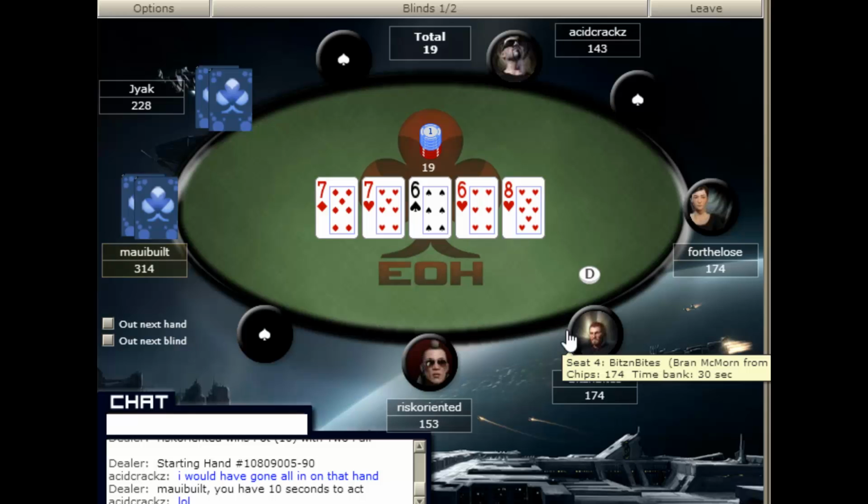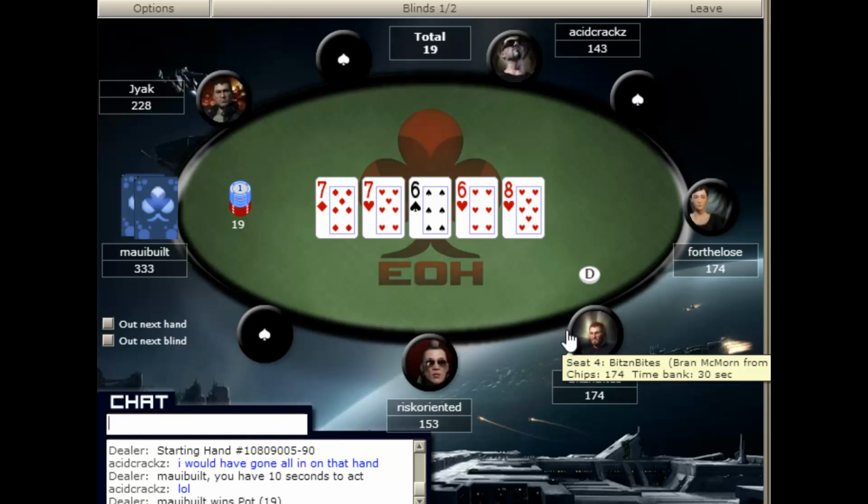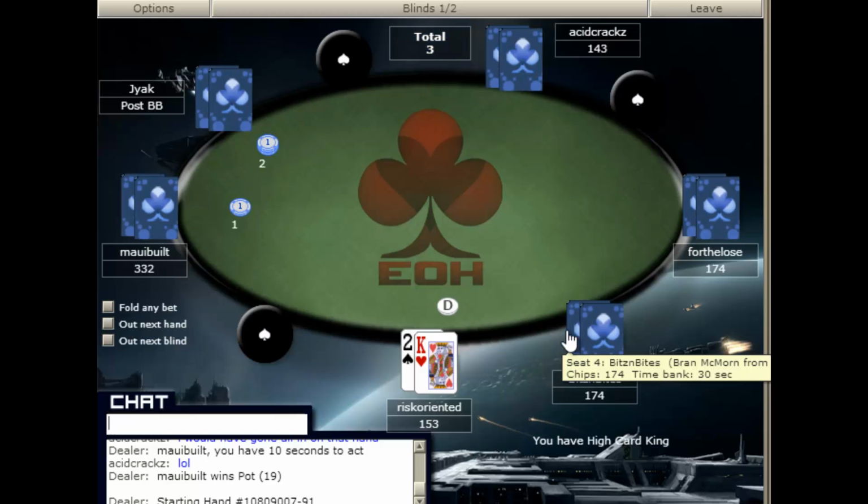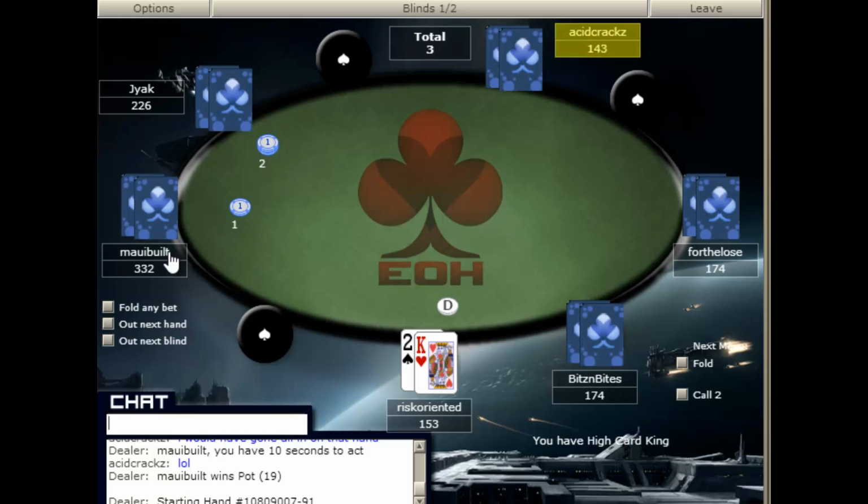In the blinds, you are going to be in the worst position, but you already have some money invested. So what this means is, if you're allowed to check, that's great. If you're allowed to just call the small blind, that's usually good. So we are going to play some hands from the blinds that we wouldn't play from any other position, simply because we have a little bit of money already invested.